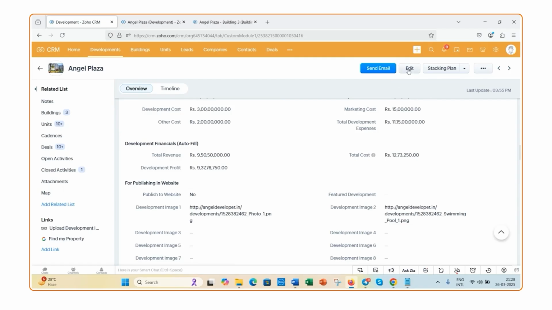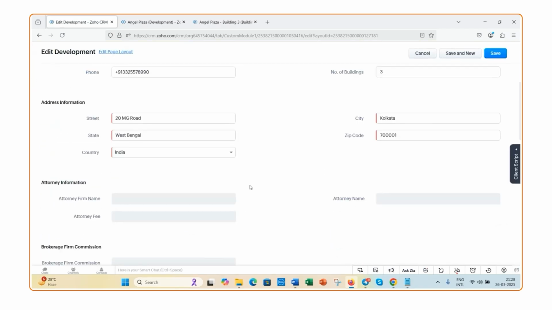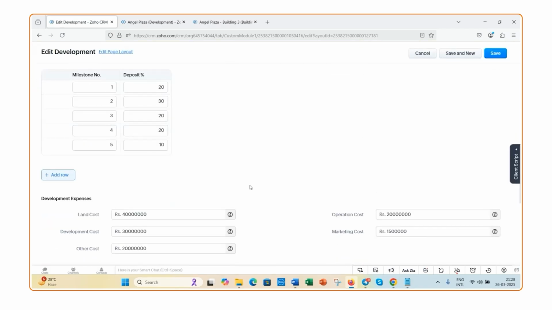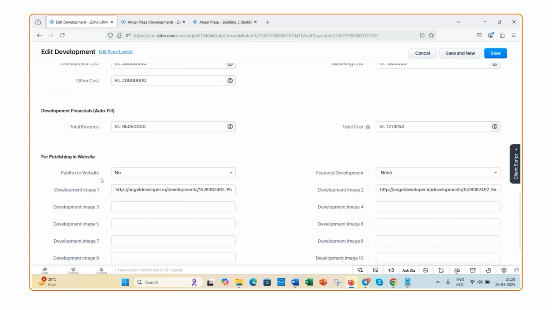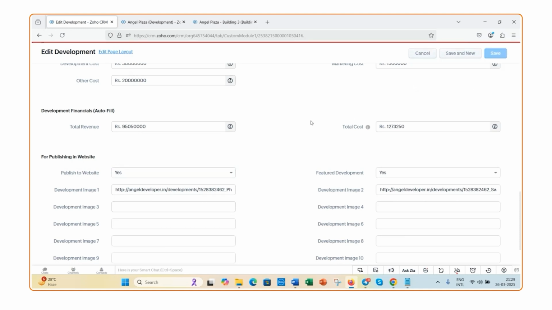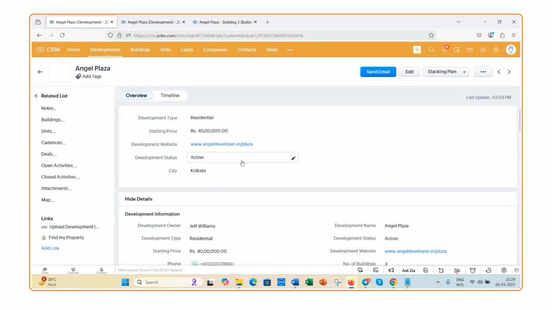If I just go ahead and edit this particular form, scroll down further, and if I want to publish this development to my website, I will click on yes. And if I have the picture, I need to put in the public URL links over here, and automatically, if I just go ahead and save this one, the development would be published in